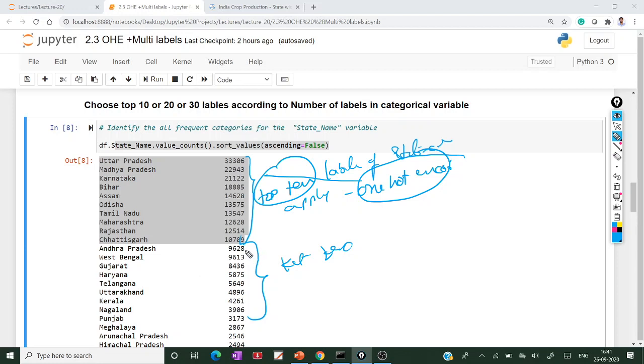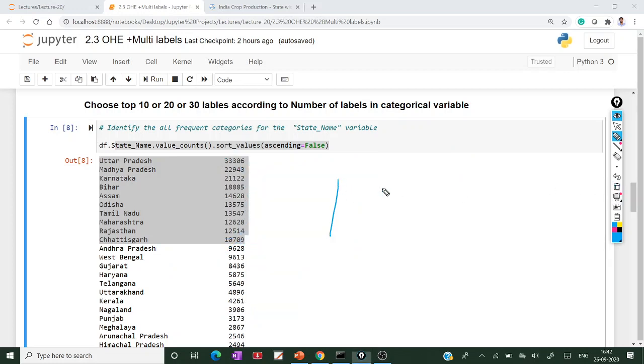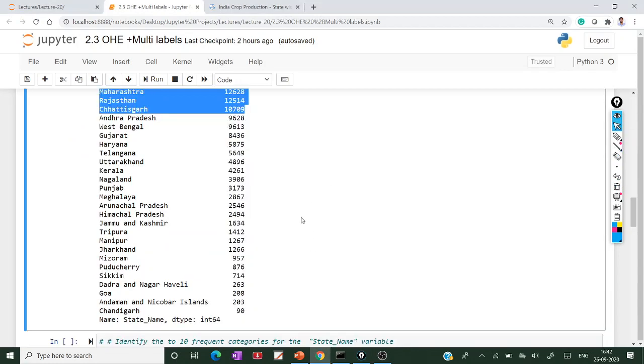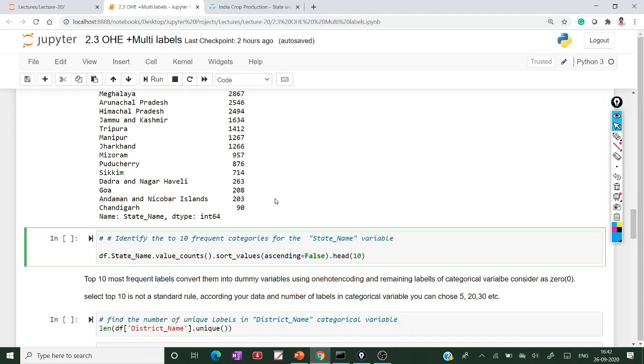Suppose you consider the top 10 labels of the state column and put the rest of the values as 0. Then you can lose some information. That's why this is not a standard rule to choose the top 10. According to your data set, you have to choose the number of labels. Here I am considering the top 10 labels.